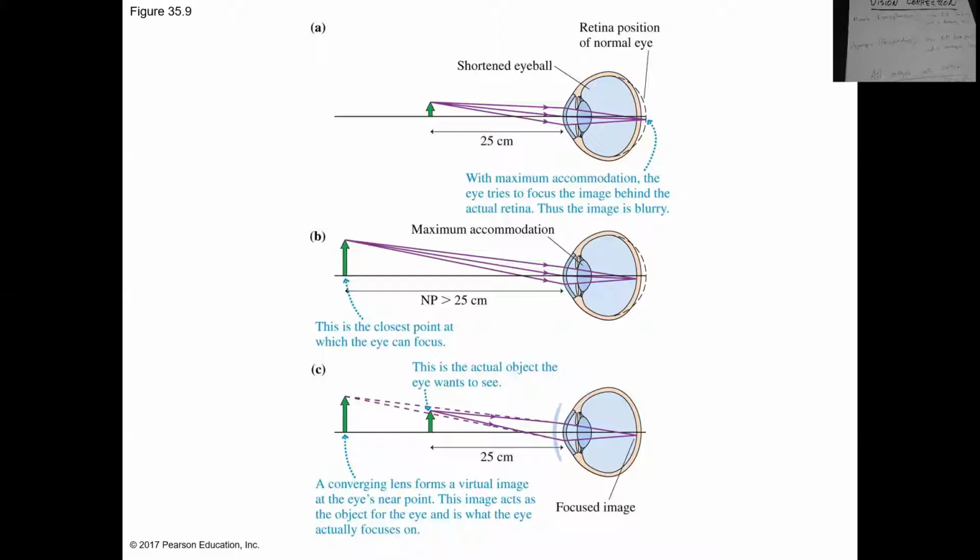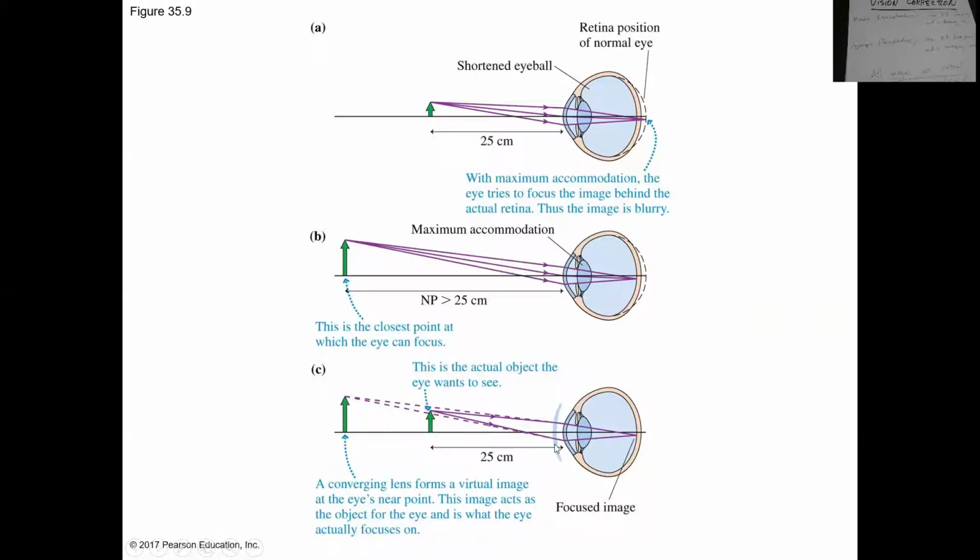They still want to be able to see things up close. If they're standing face to face with somebody, they would want to be able to focus on that person's face, even if that person is closer than their near point. And their near point could be out there at 100 centimeters, 150 centimeters, over a meter. There are plenty of situations in daily life where you would like to focus on something closer to your face than just 1 meter. So the idea is to insert a lens between your eyeball and the object,